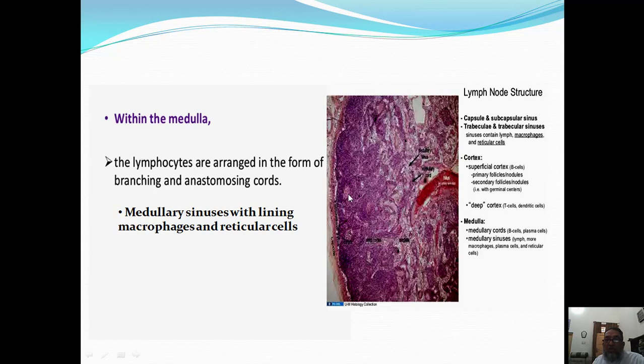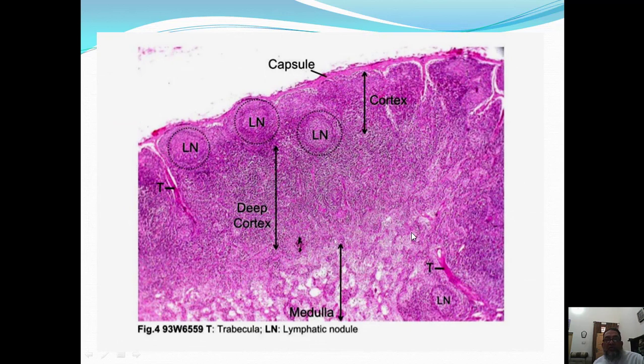Now this is the capsule, subcapsular sinus, the cortical lymphatic nodule, the medulla area, medullary cord, and these septa also divide the loosely textured medulla. Now again, this is the high power microscopic picture, stained, showing multiple lymphatic nodules, the trabeculae, the subcapsular sinus, the trabecular sinus, the capsule, and the germinal center. Outer zone is the densely packed cells. This is the deep cortex. Now this deep cortex has multiple lymphatic septa, having smaller and larger lymphatic nodules, jam-packed with mature lymphocytes.